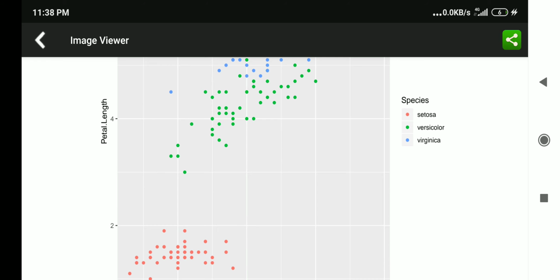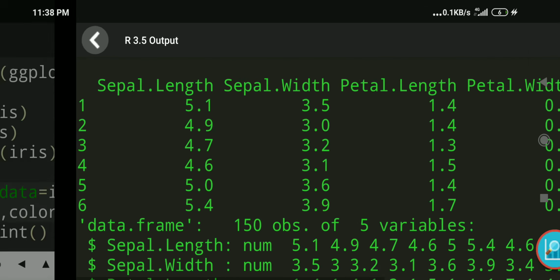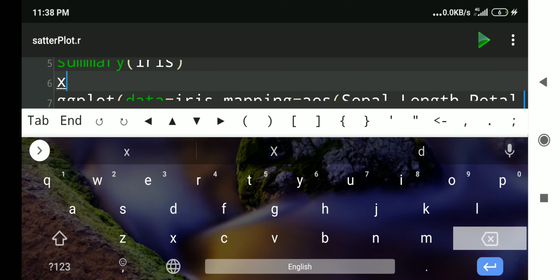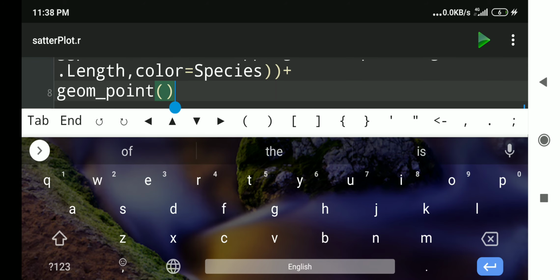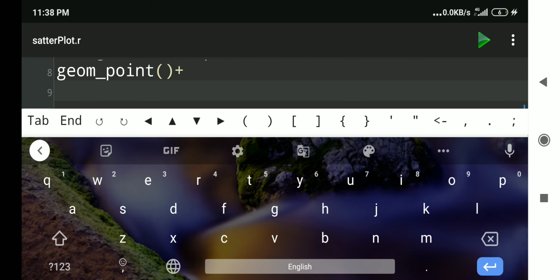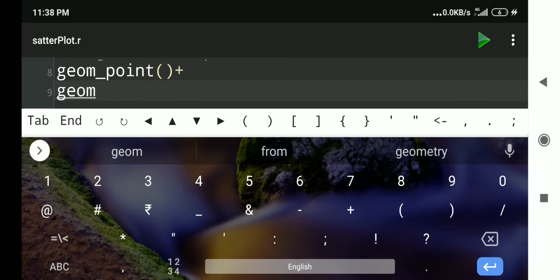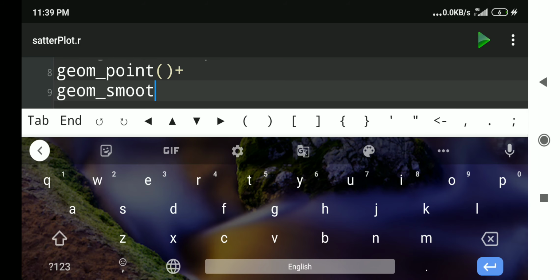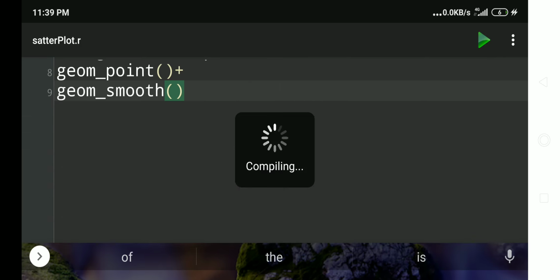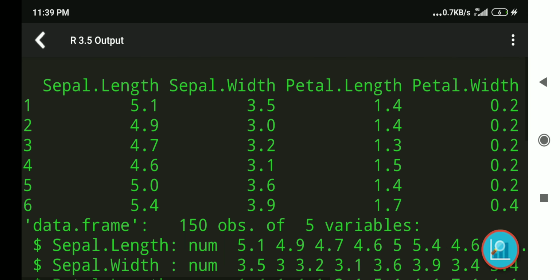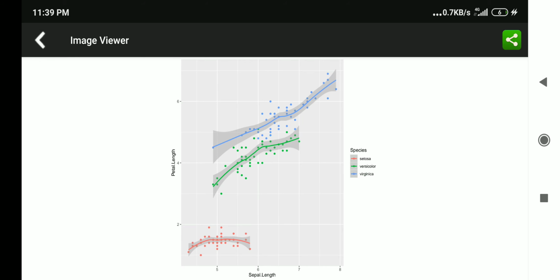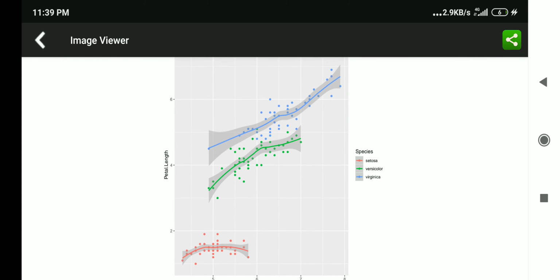Okay. We want to know what type of relationship is there of petal length with the sepal length. Therefore, we will plot the trend line or ab line here, and that will be drawn using the function geom_smooth. Just one line of code, and we will change the graph fully. Here we want to have function geom_smooth, and complete the parenthesis. And when we click it, it will show us the smooth also. These three smooths are there. This relationship is not quite linear, but linear trends are there.